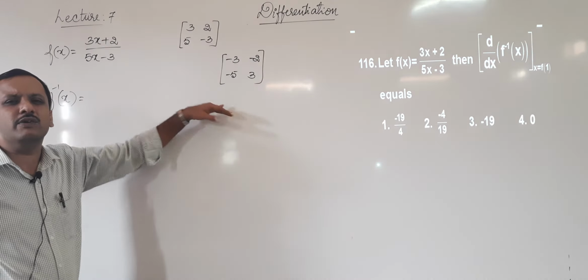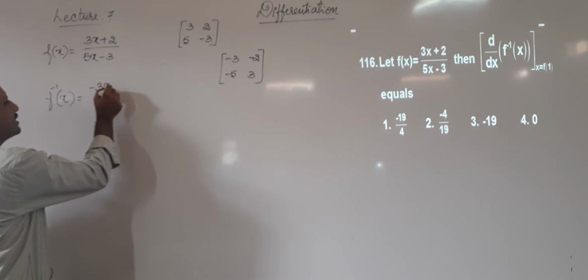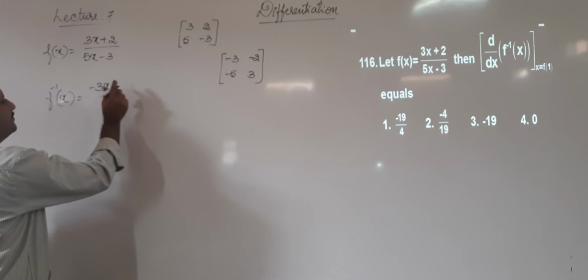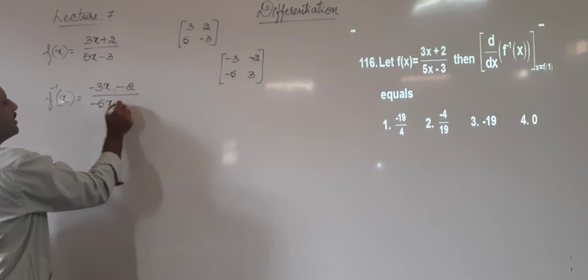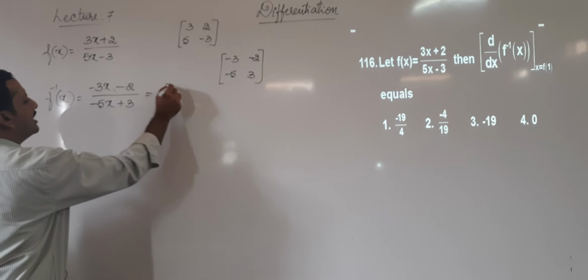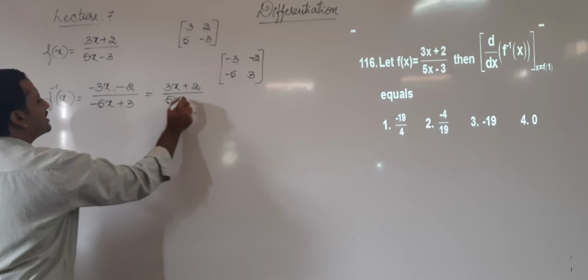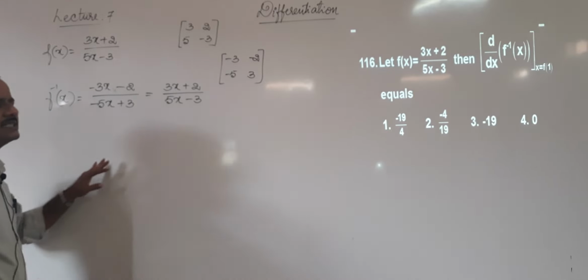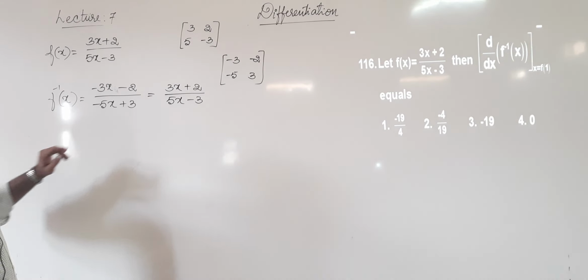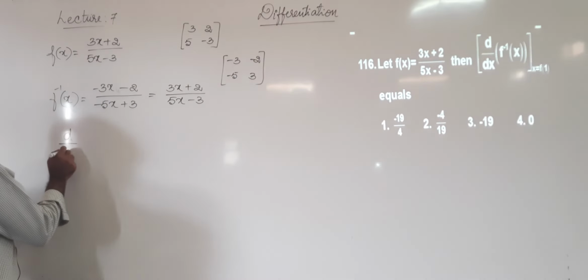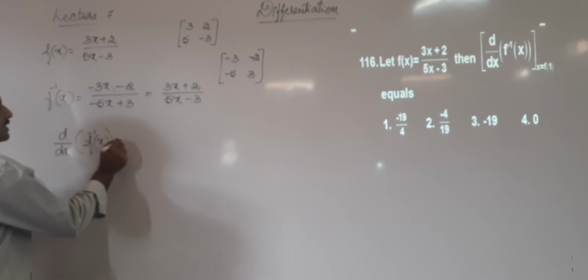So by looking at it, you can write what is f inverse x. That is minus 3x minus 2 divided by minus 5x plus 3. Or I can also write it as 3x plus 2 divided by 5x minus 3. This is our f inverse of x. We want the derivative of f inverse of x. D by dx of f inverse of x, that's equal to,